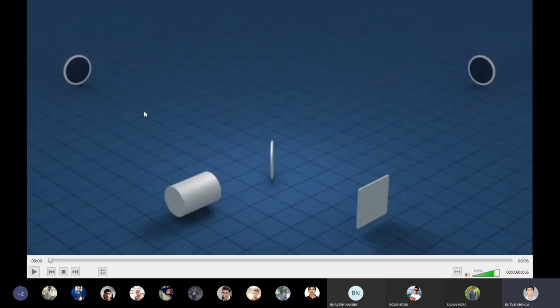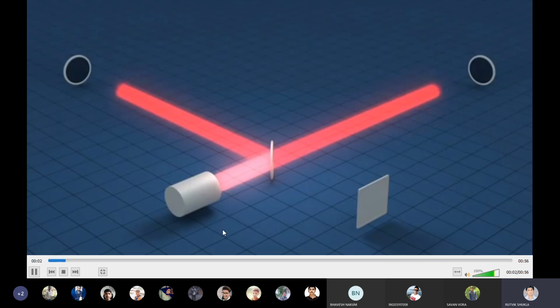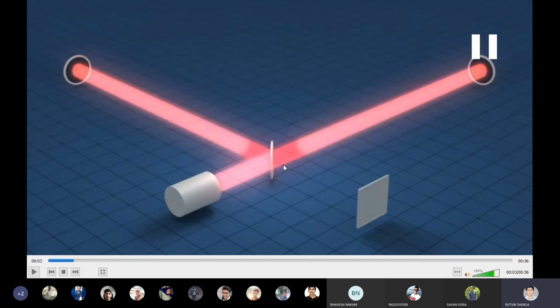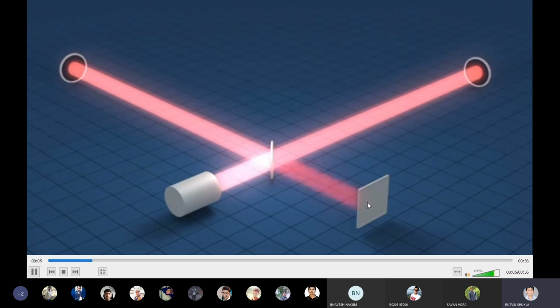Right, so this is just for understanding the principle. These are the two mirrors. This is one mirror, this is the second mirror. This is your light source, this is a beam splitter, and this is your observer eye position E. Let's see how it works. Here you can see the laser or light coming out of the source through the beam splitter gets two directions. One goes this side, second goes this side. Then they come back to the beam splitter and fall on this target T.